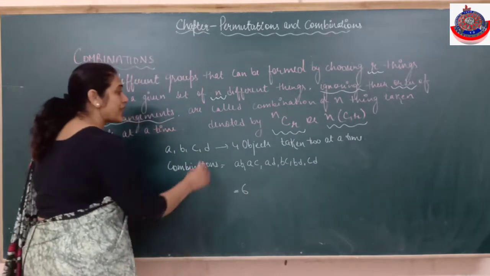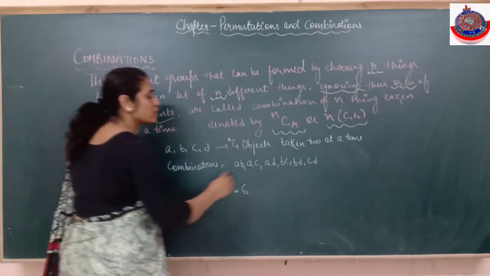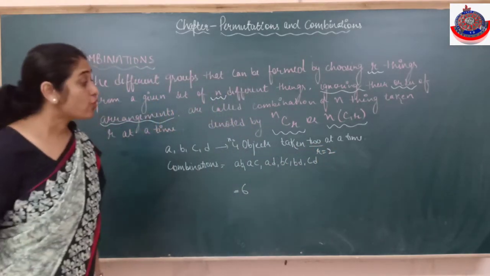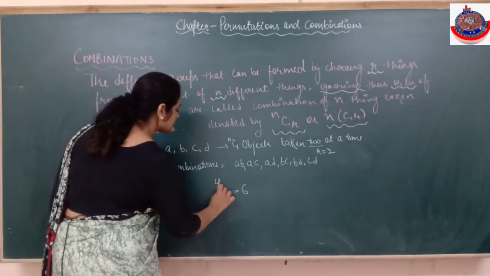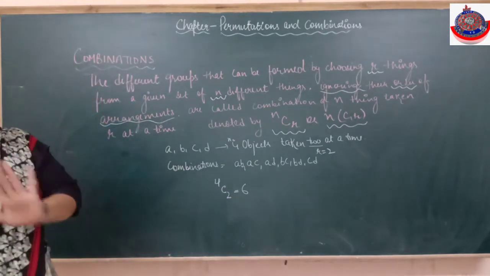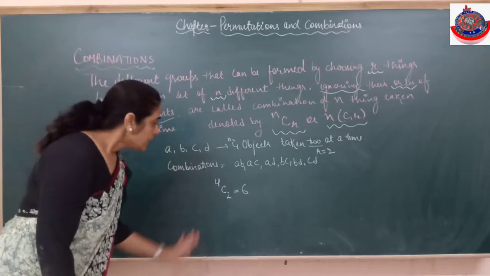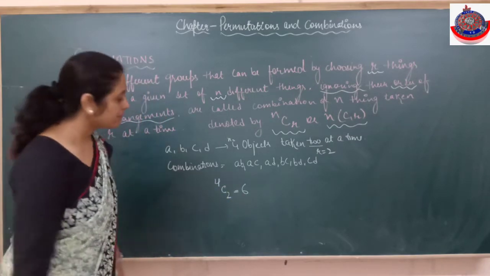And we said it is denoted by nCr. That means this is equal to nCr. What is n here? n is 4. And what is r? I have to pick up 2 at a time. So this should be equal to 4C2. How it comes we will do later, right now we are deriving it. Clear? That means 4C2 is equal to 6. How 6? We will come to that.